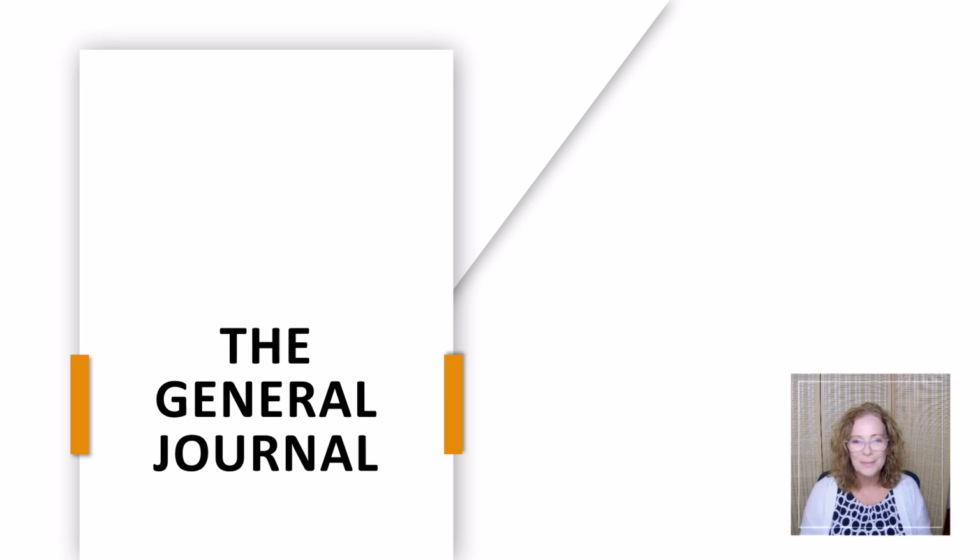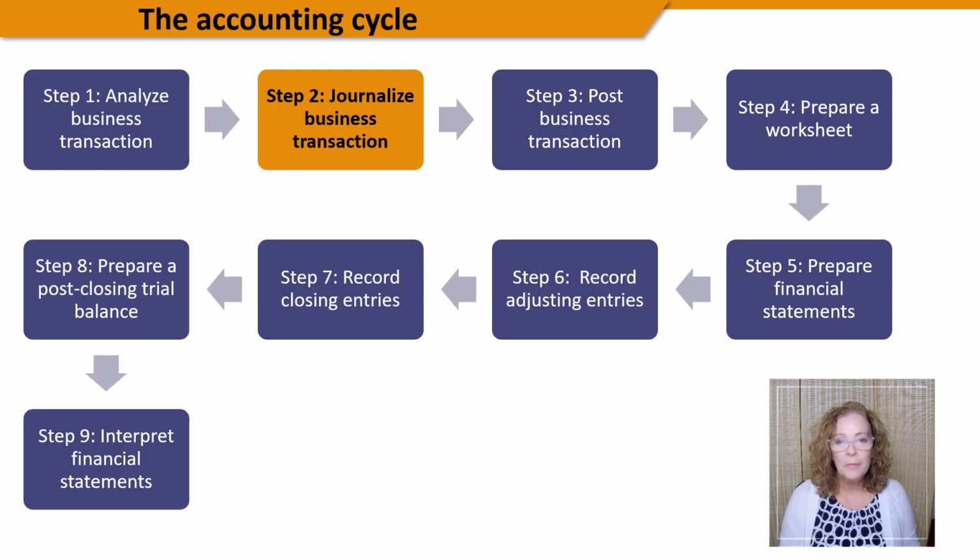a company's size. In prior videos, you learned about step 1 of the 9-step accounting cycle, the analysis of business transactions with the help of the accounting equation or T-account. In step 2, the accountant journalizes transactions in the general journal in chronological order, meaning in the order in which the transactions occur. The journal is sometimes also called the record of original entry because it's where transactions are first entered in the accounting records.